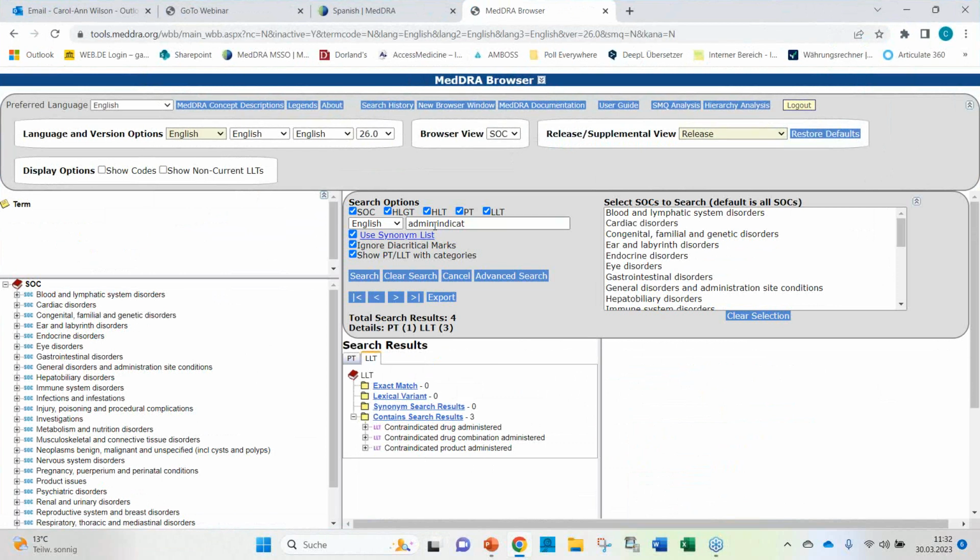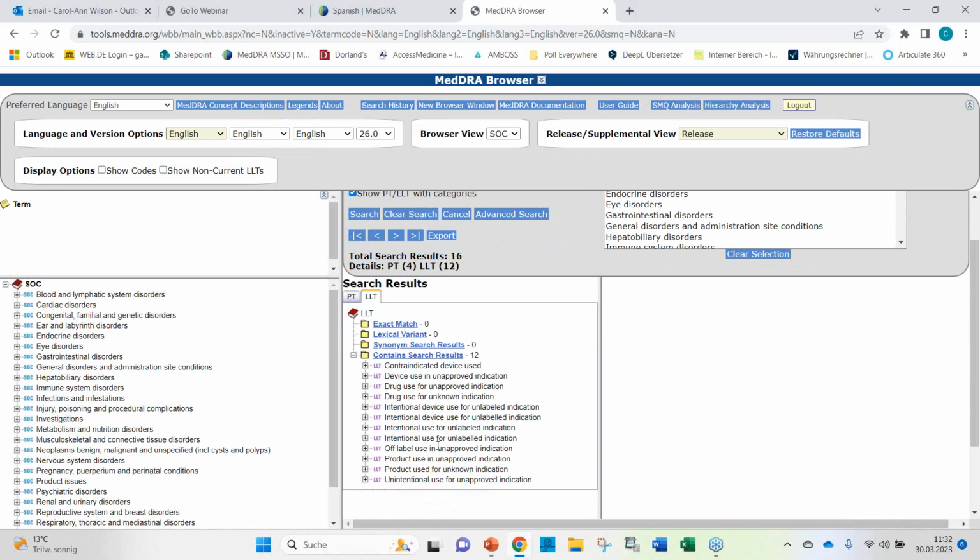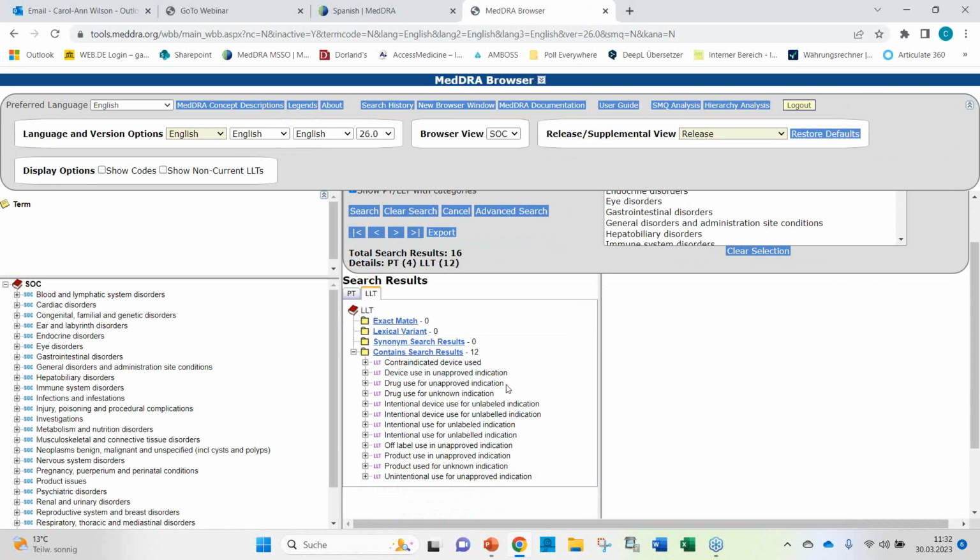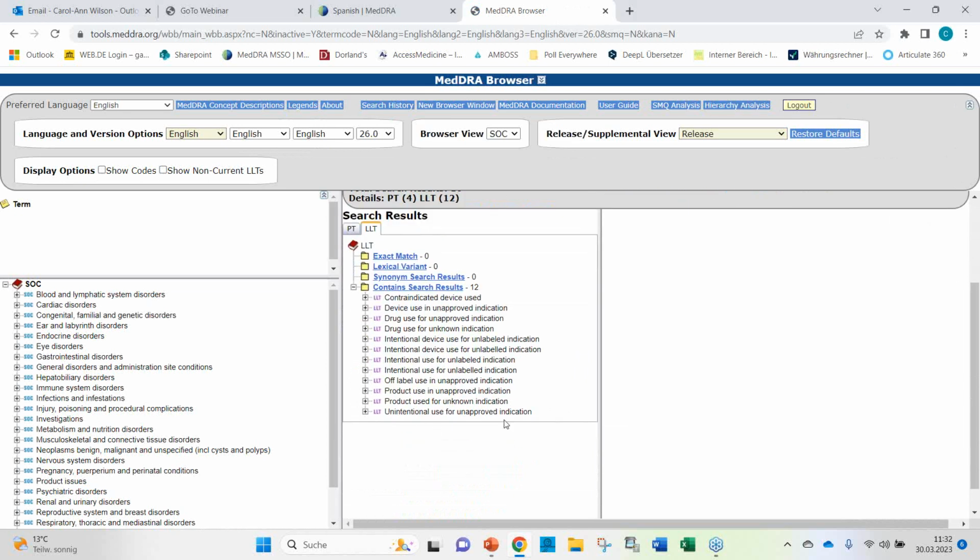So what about indication and use? Device use, drug use for unapproved indication, intentional use for unlabeled indication, unintentional use for unapproved indication. So this one would fit because we know that it is an accidental incident, and here drug use for unapproved indication would capture the fact that the drug was used for an unapproved indication, but without the information that it was accidental.